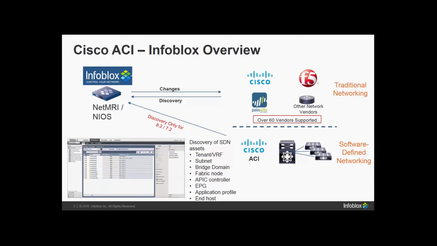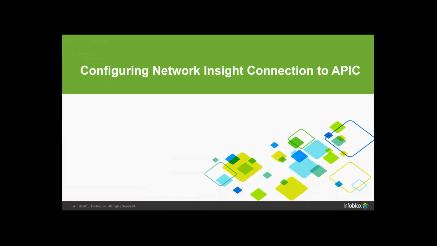But in addition to the traditional objects that we are gathering, you can also see here that we're gathering tenant information, bridge domain, application profile, EPG, end host. These are items, at least EPG, bridge domain, and tenant that are specific to ACI. So these are additional attributes that you're going to see in IPAM that are discovered, and we're pulling these right out of the APIC controller. We're not going out to the nodes themselves to gather this information like we would typically do in a traditional